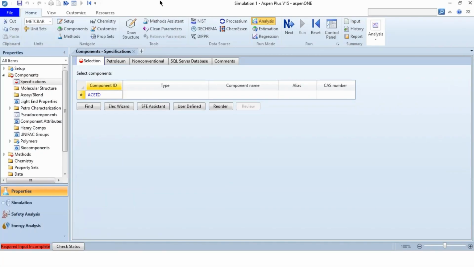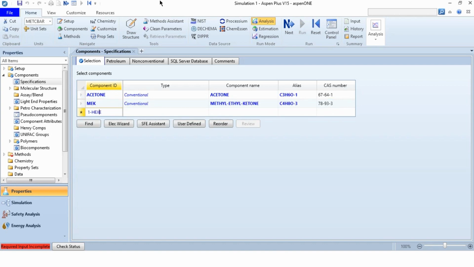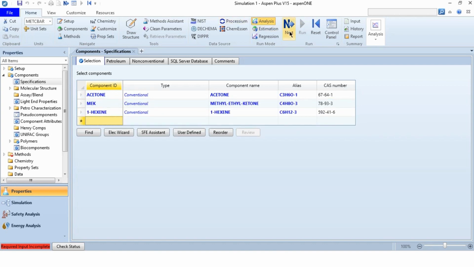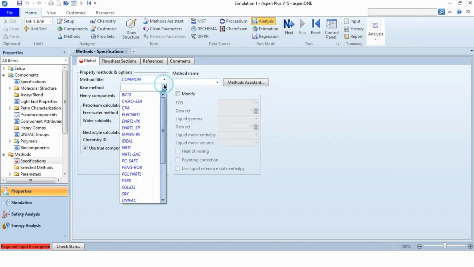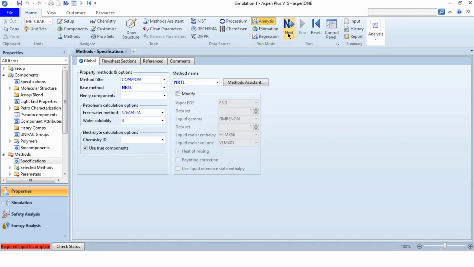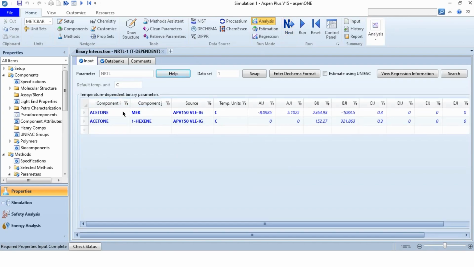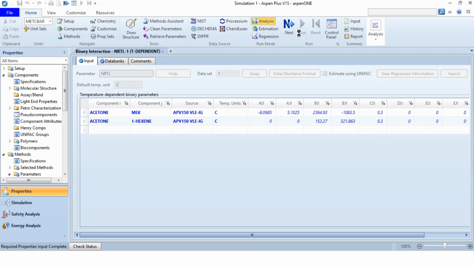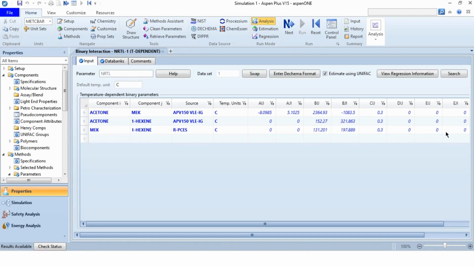So we will first add the components acetone, MEK, and 1-hexene, and then we will select the property package as NRTL. Then we will click on next. Now you can see that the binary interaction parameters are not complete. The acetone-MEK and acetone-1-hexene interaction parameters are given, but the MEK-1-hexene parameters are not given. So how can we get it? We will click on this estimate using UNIFAC, and then we will click on run. And now you can see, once results are available, that these interaction parameters are now available. But the source for these parameters is